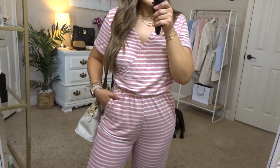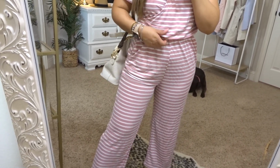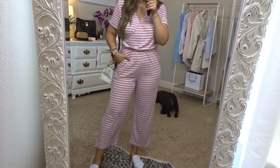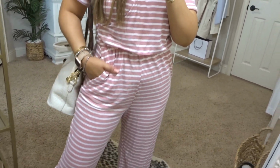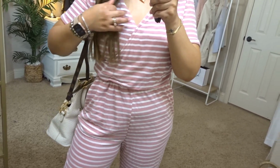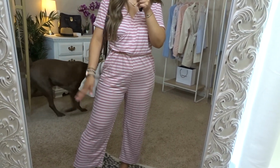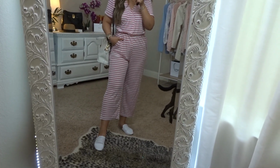But this has such a flattering fit, especially right here. It tends to just smooth me out and highlight all the best parts that I want it to highlight. I really love this dusty pink color. I think it's gorgeous. It has pockets. The waistline is super stretchy, and it does have a little button right in here. It did come with this waist tie, but I have no idea where it is. There's Wrangler again. But yeah, I'm 5'1". I really like the length. I think it's super